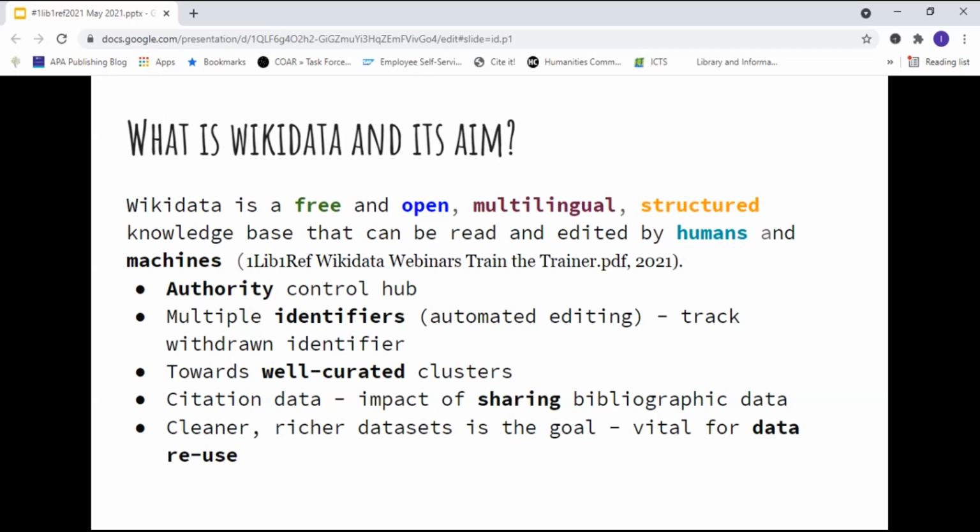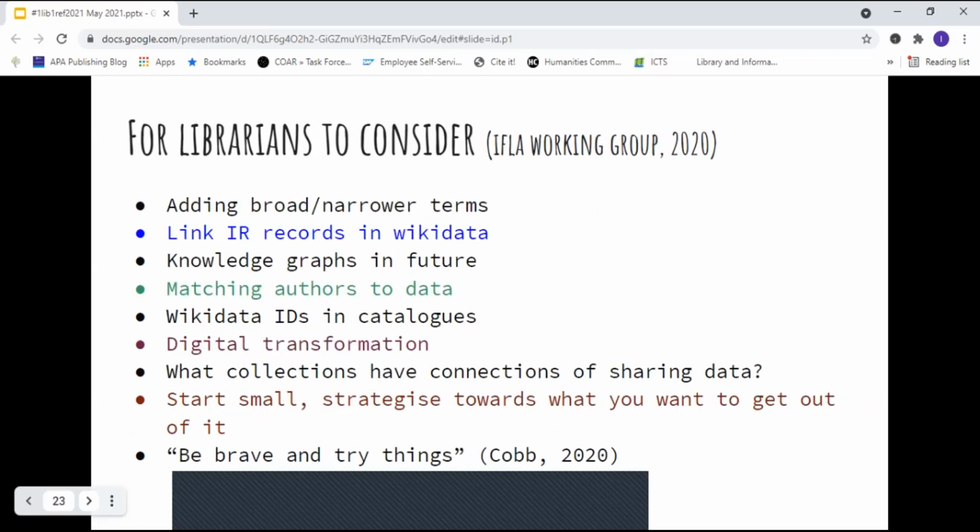And through automated editing, it is now easier to track a withdrawn identifier. Generally, it is difficult to track how often things appear in search results. Therefore, the ultimate goal is moving toward well-curated clusters, the impact of sharing bibliographic data, and of course, cleaner, richer data sets which are vital for data reuse. Next slide, please.